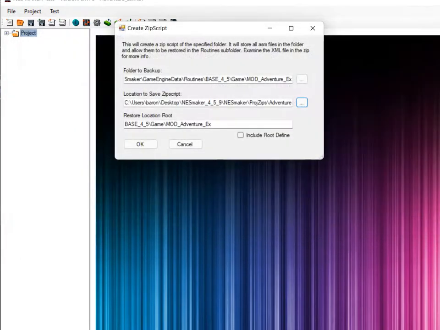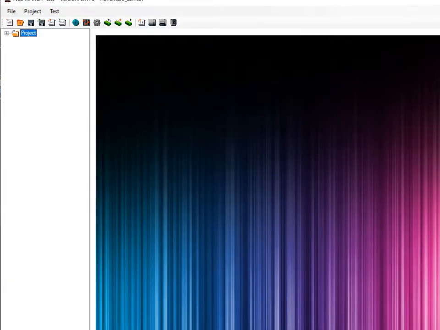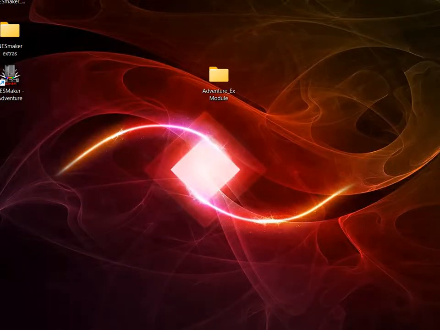Gonna be the name of the folder. I'm not going to include the root define. Last time I did that, it gives me errors. So there you go, it says it was created successfully. So I go here,